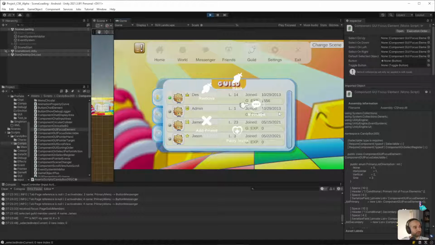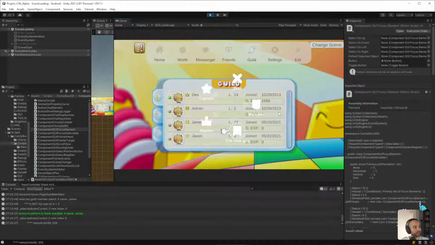So from here, you'd be able to message, you'd be able to party invite, you'd be able to add friend if they're not already on your friends list. The icons and all of that stuff, they're not completed yet, of course. You can remove the person from the guild if you have the permission to do so, which is of course only the owner and the guild captains. But you can also change a person's ranking.